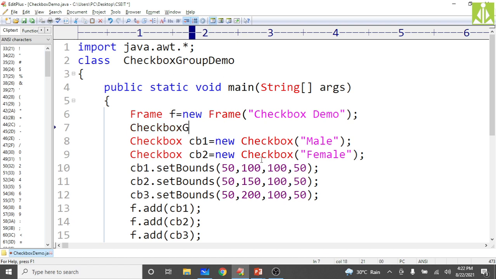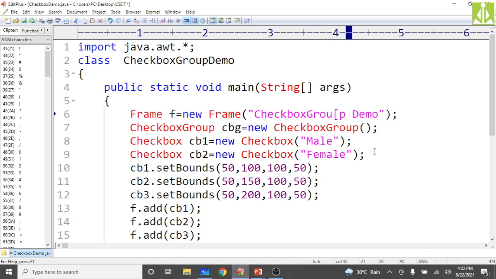CBG, checkbox group, is equal to new CheckboxGroup. Simply call the constructor CheckboxGroup. As we are doing a demonstration of checkbox group, change the title to checkbox group, save it.